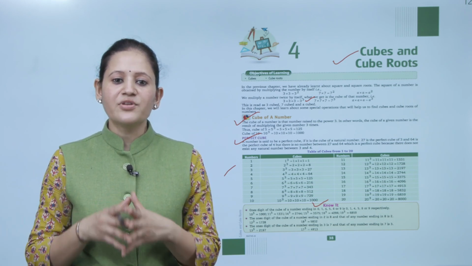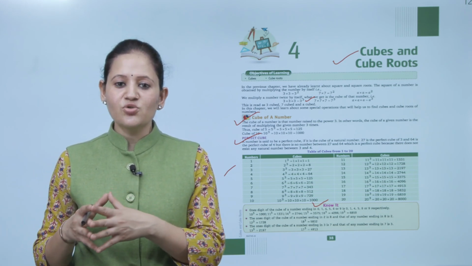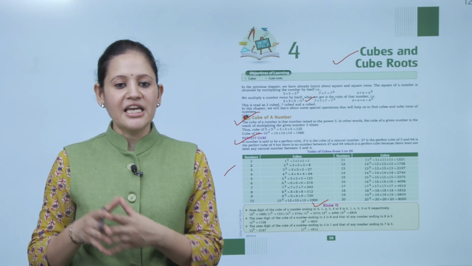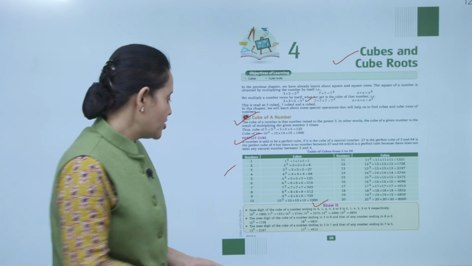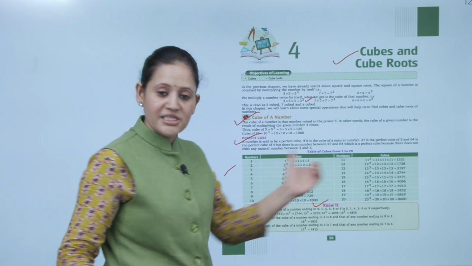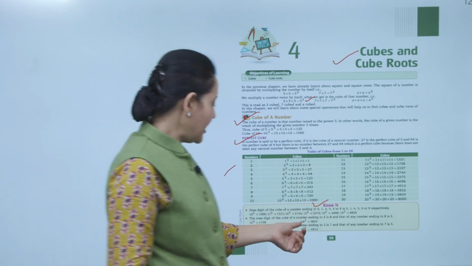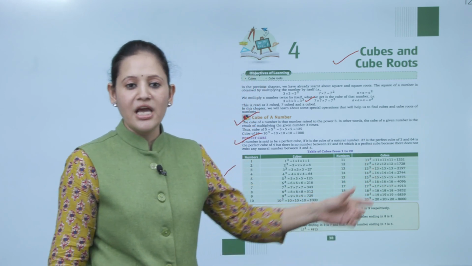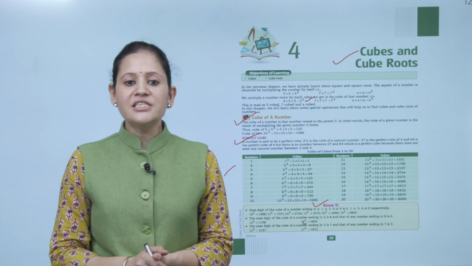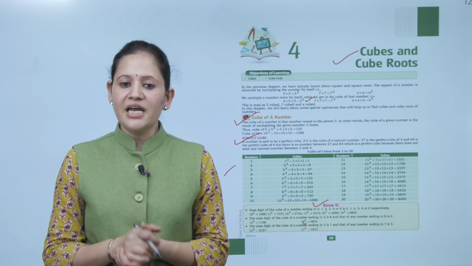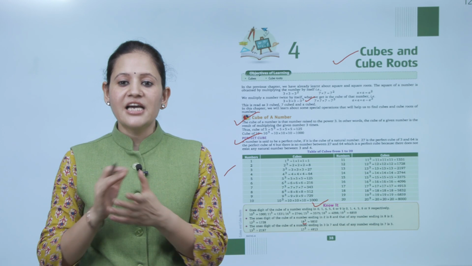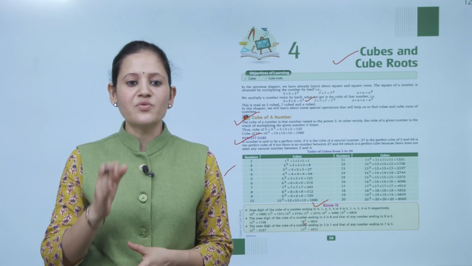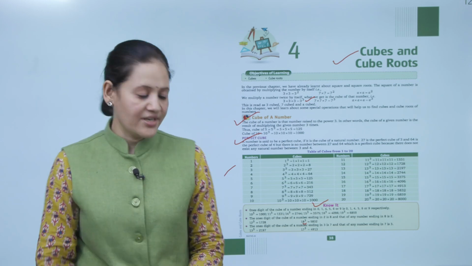The ones digit of the cube of a number ending in the 2 and 8, and that of the number is ending with 8 and 2. Like 12, number end with 2, तो cube किससे end होगा? 8 से. 8 है यहाँ पे ones की place पे, so cube will end with 2. The ones digit of the cube of a number ending with 3 and 7, that any number ending with 7 and 3. Like cube of 13, that is 2197 and with 7.